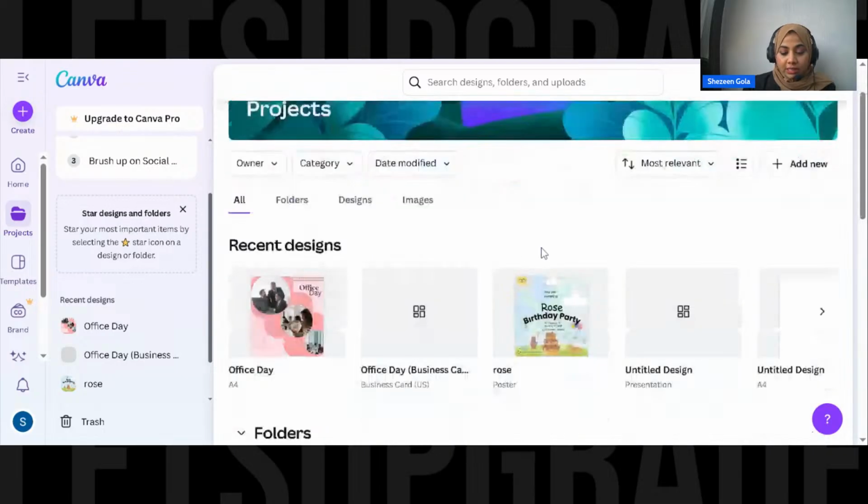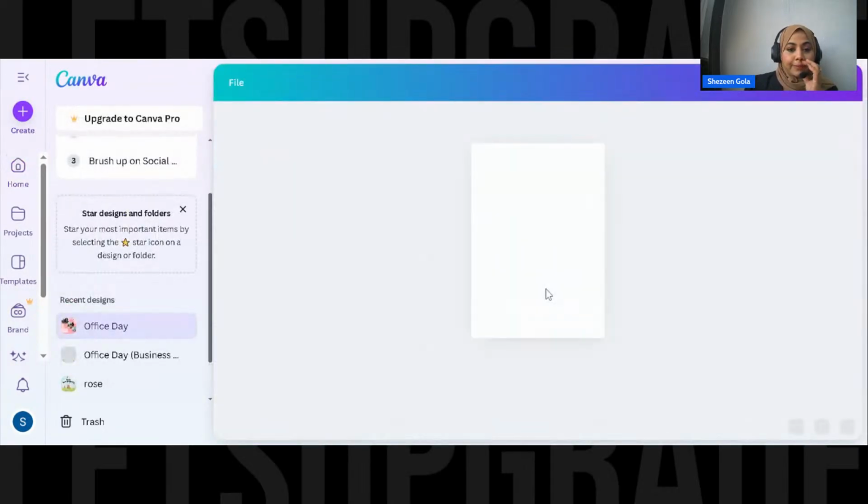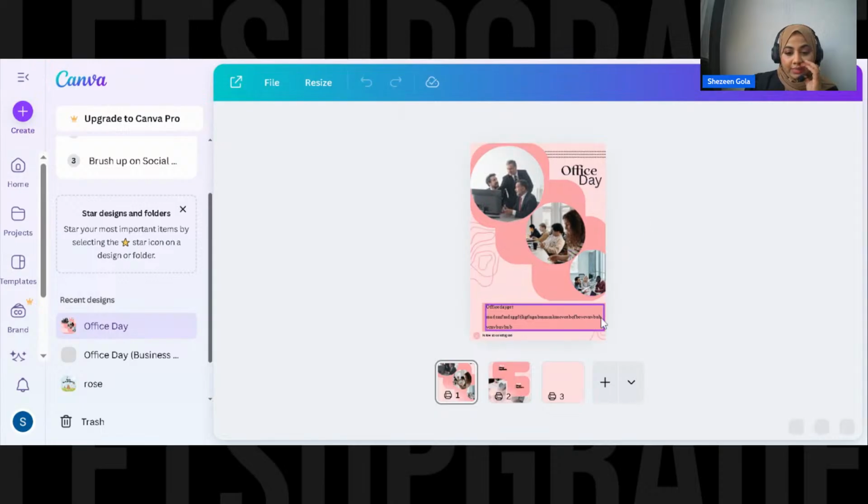So these are the projects. We did a template. Let's go home. And now you see I've not even saved the work, it is here. So these are something out here.